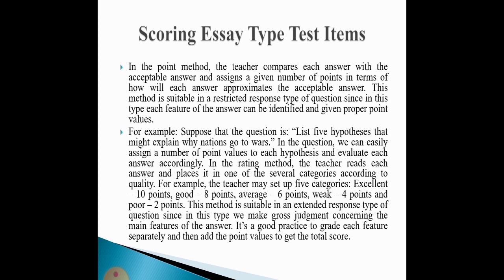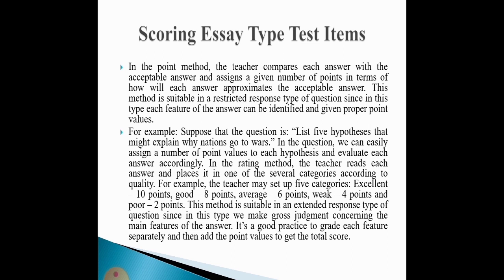gives the marks. This method is suitable in a restricted response type of question, since in this type each feature of the answer can be identified and given proper point values. For example, suppose that the question is: list 5 hypotheses that might explain why nations go to wars. In the question, we can easily assign a number of point values to each hypothesis and evaluate each